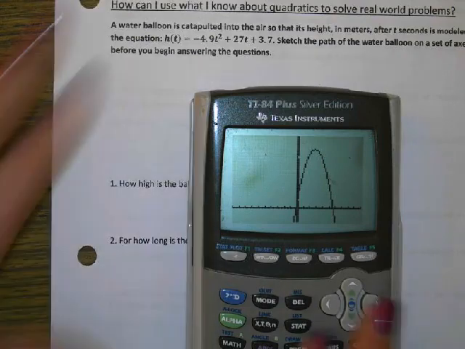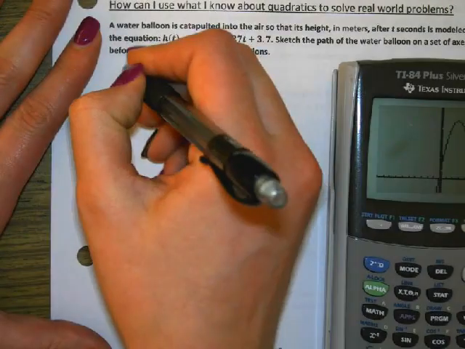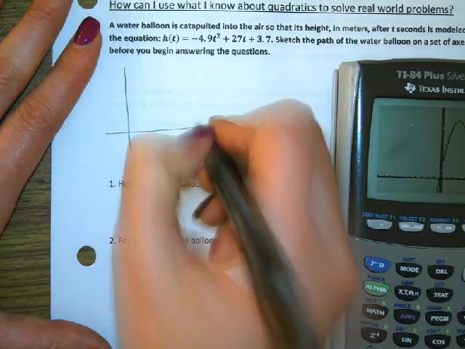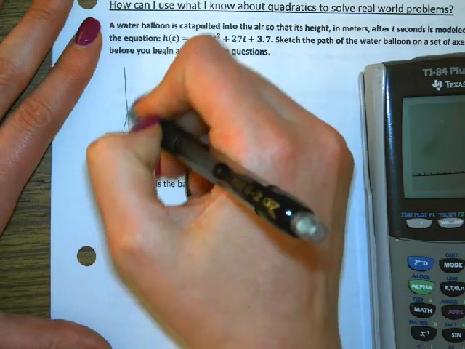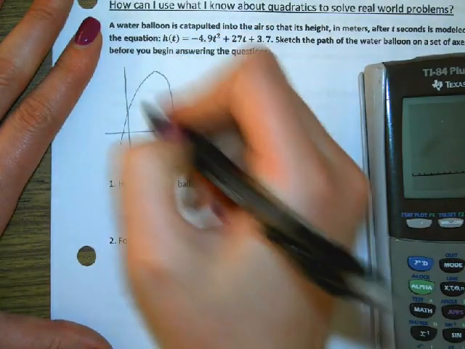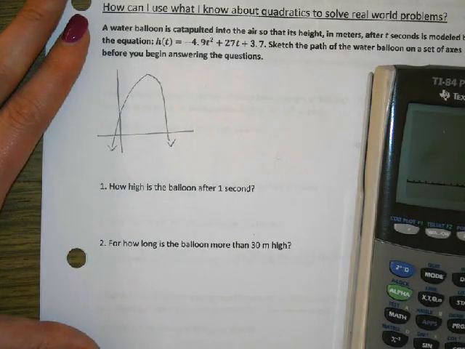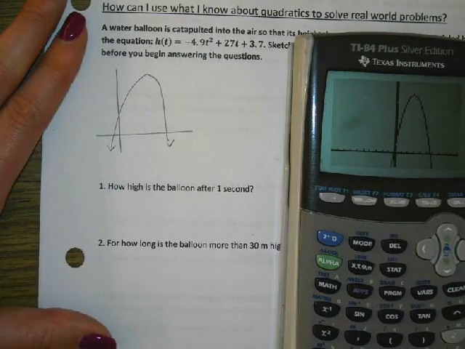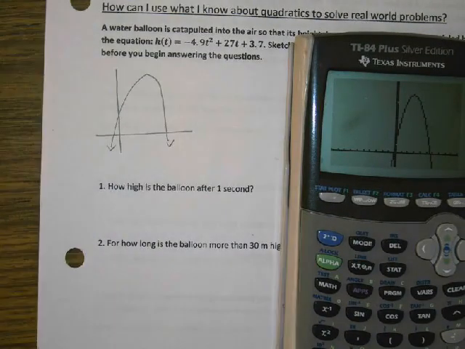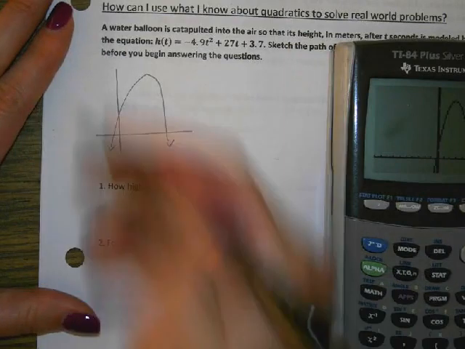All right, so we're going to draw a sketch of this. And your sketch doesn't have to be perfect. Mine looks pretty terrible. But as long as you get most of the stuff. So this is